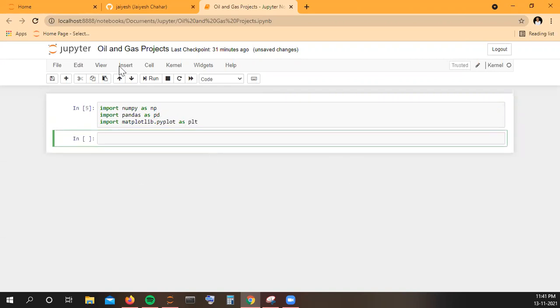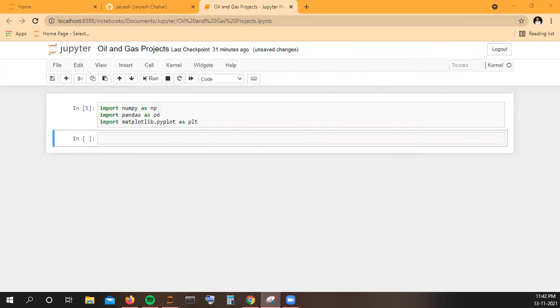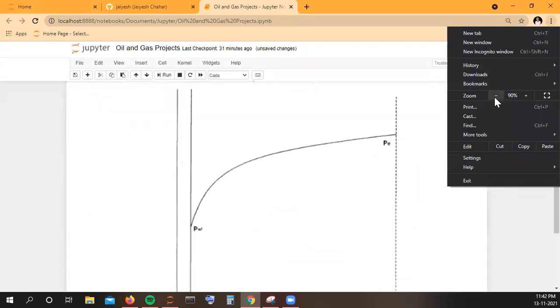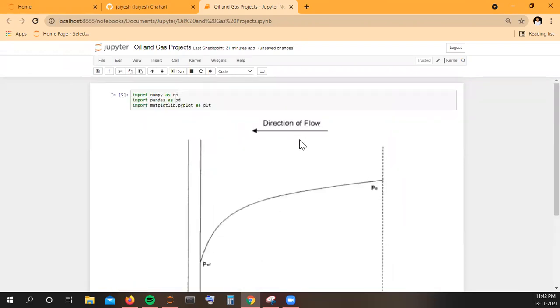Let me give you a brief idea of what we are going to simulate. If you can see this figure, it is showing a pressure profile inside a reservoir.